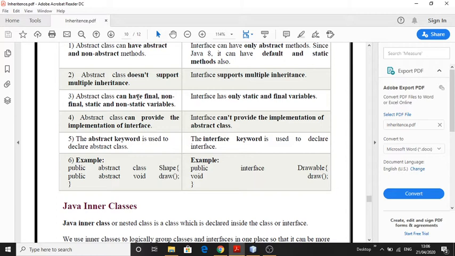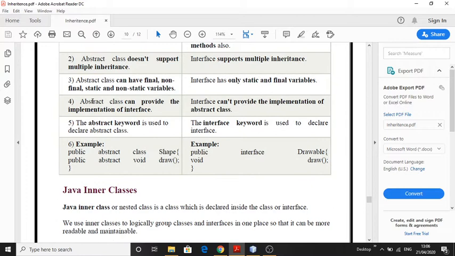An abstract class can have final, non-final, static, and non-static members, while in an interface all data members are final and static by default. An abstract class can provide the implementation of an interface. An interface can't provide the implementation of an abstract class. The abstract keyword is used to declare an abstract class. The interface keyword is used to declare an interface.